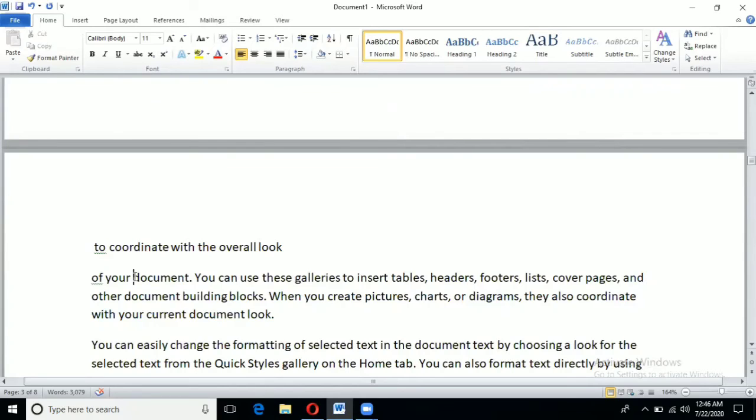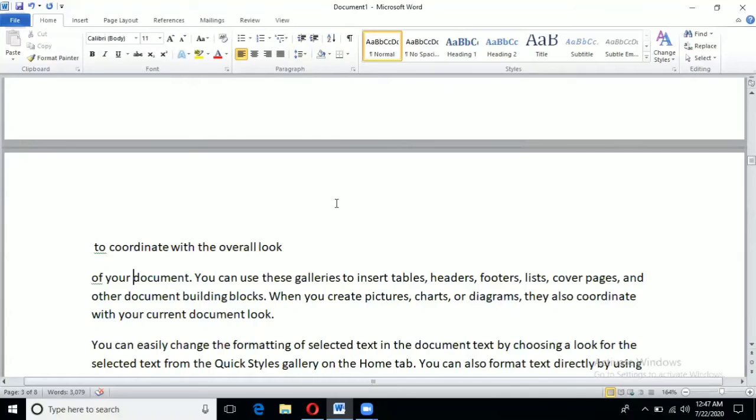Wherever we put the cursor and then put the page break, all the text written after that went to the next page. But in the line break, all the text of this line, you can see I have put the cursor here. If I do the line break, the whole text after the word here will go to the next line, not on the next page.